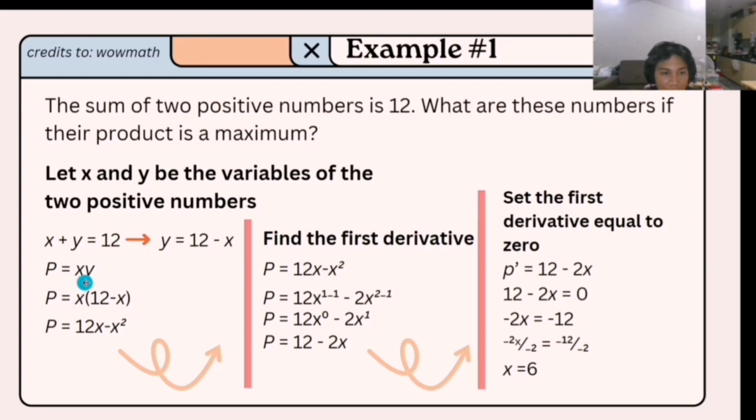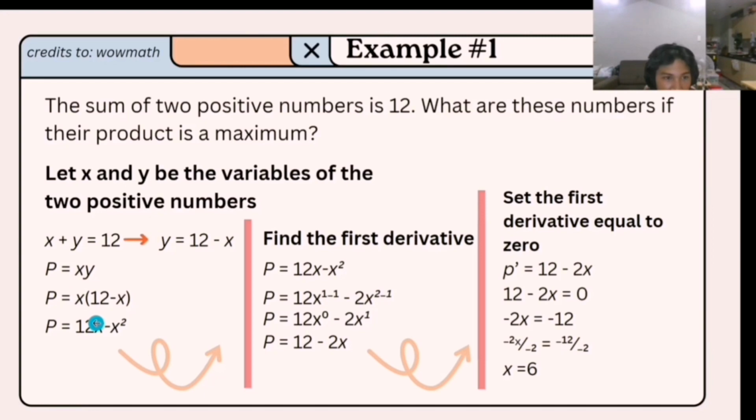Ang gusto muna natin gawin para masagutan yung product is kailangan natin makuha yung isang variable. Since wala pa siya, gagamitin natin itong equation na to, x plus y equals 12. Gusto natin gawin is i-isolate si y. Then i-transpose natin si x sa tabi ni 12, and then magiging negative siya kasi transpose na. After nyo ma-transpose, gagamitin natin yung value ng y na yan dito sa